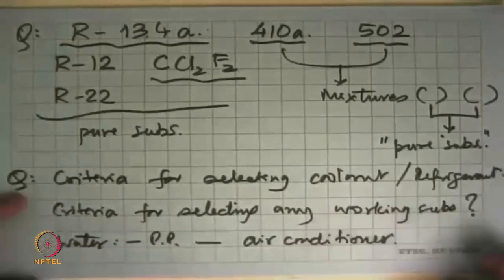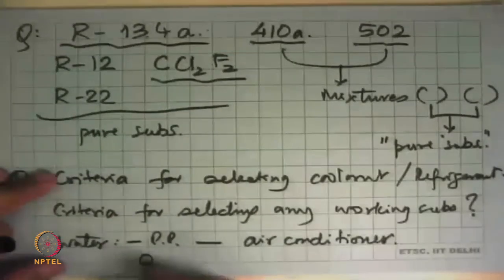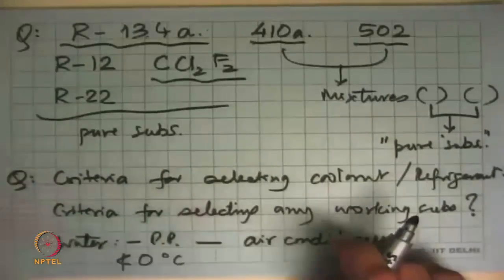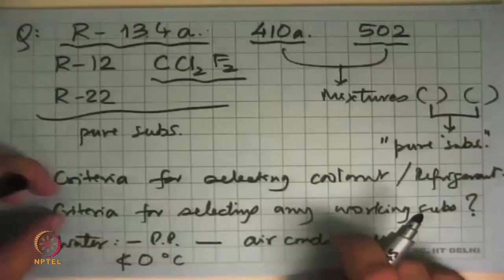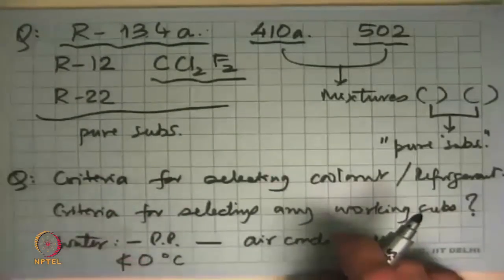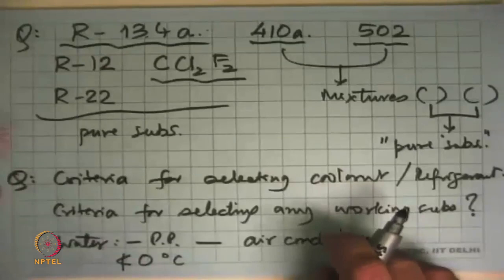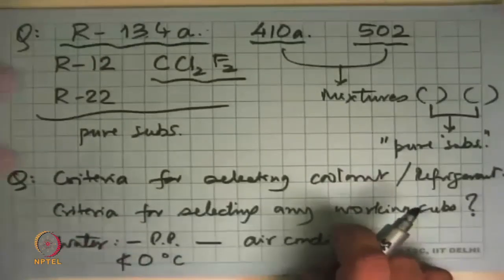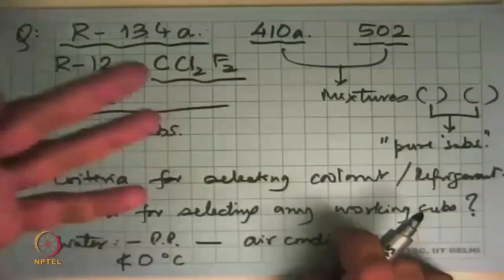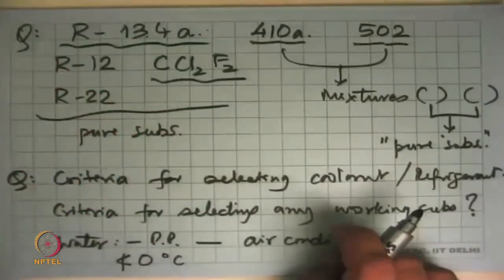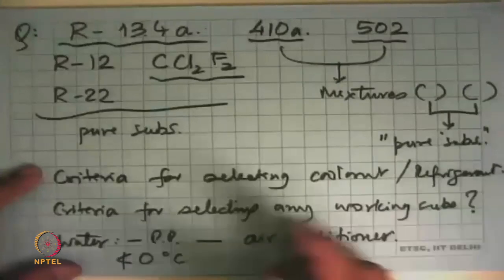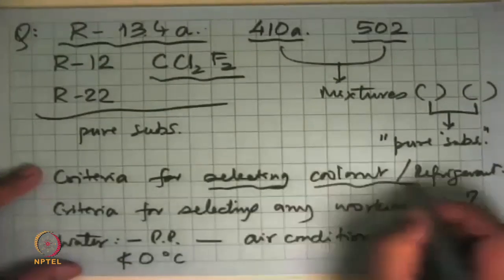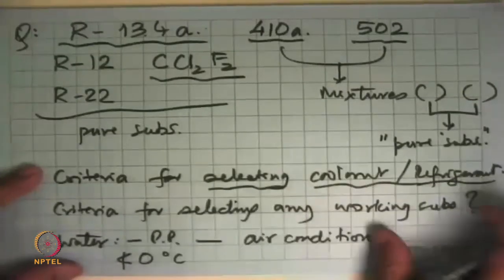Now, the problem with water as a refrigerant is that you cannot go below 0 degrees Celsius. So you cannot use it in a refrigerator to get minus 10 degrees Celsius and keep ice cream, whereas all the other materials are good, so they can do the job. So water for a freezer, not possible. For air conditioning, when you want temperatures like 10, 12, 15, 16 degrees Celsius, water can be used, it is used. The trouble is that there are many criteria which go in deciding how you select these things.